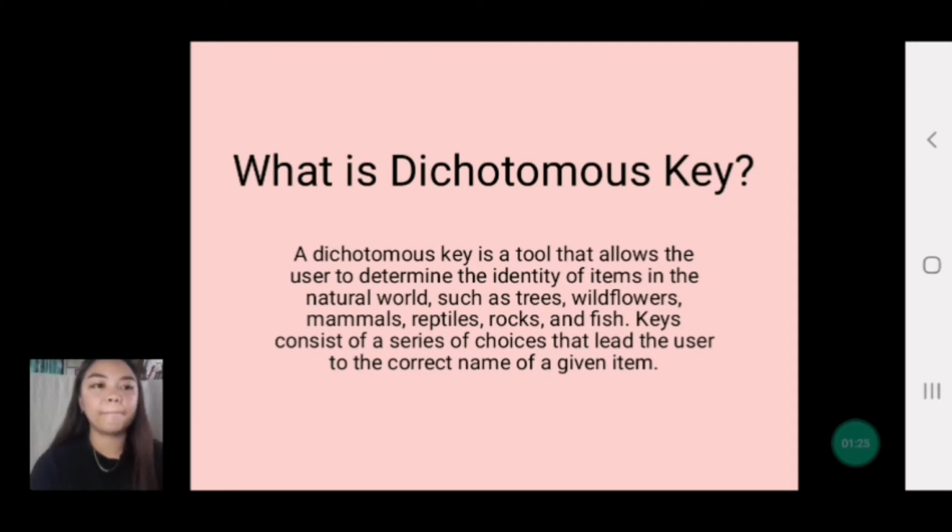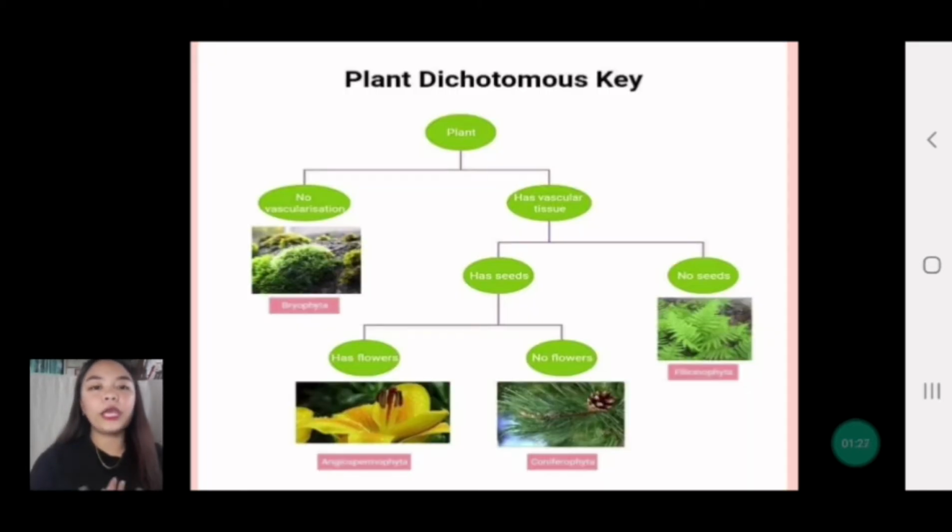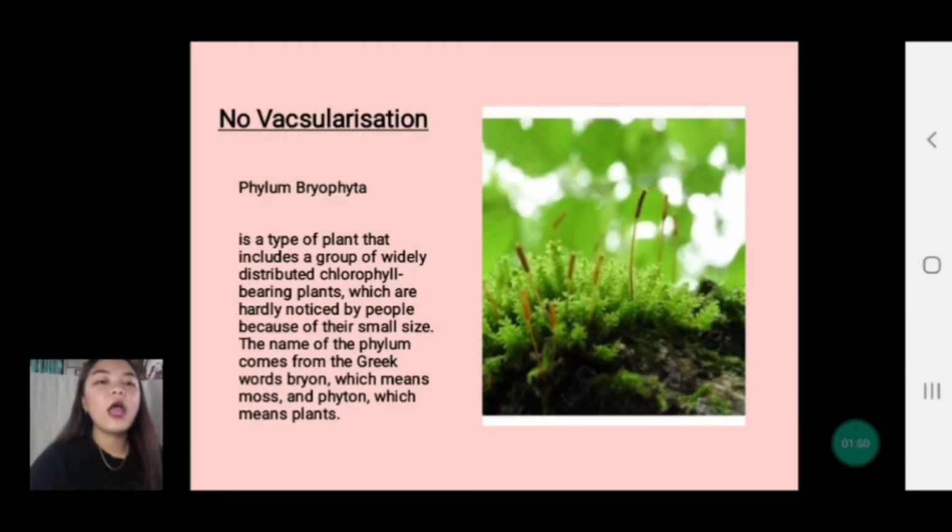Next. So here is my example of a dichotomous key, my plant phyla. Here, there is no vascularization, and here it has vascular tissues and their function. So here is the no vascularization, by the plant phylum